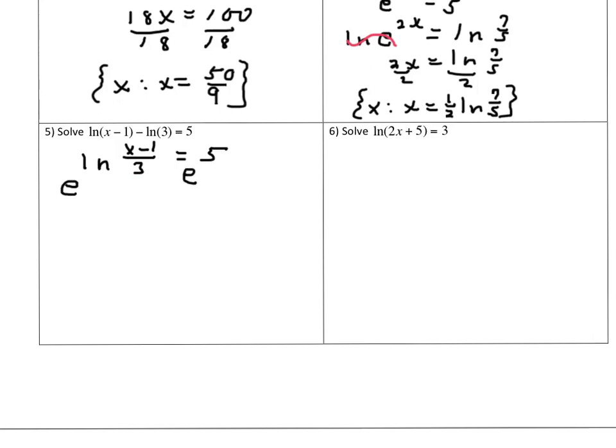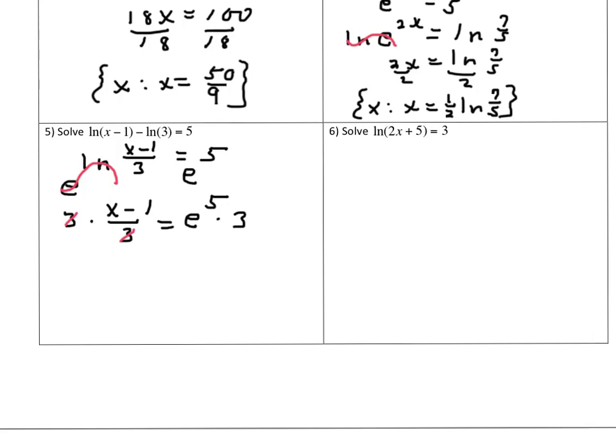Now notice what's going to happen. This is going to log out, and that will leave me with x minus 1 over top of 3 equals e to the 5th power. Now look here. I have divide 3. What's the opposite of dividing by 3? You're right, multiplying. So I'm going to multiply this side by 3, I'm going to multiply this side by 3. So that's going to give me, let's see, I have this 3 divides out with this one,